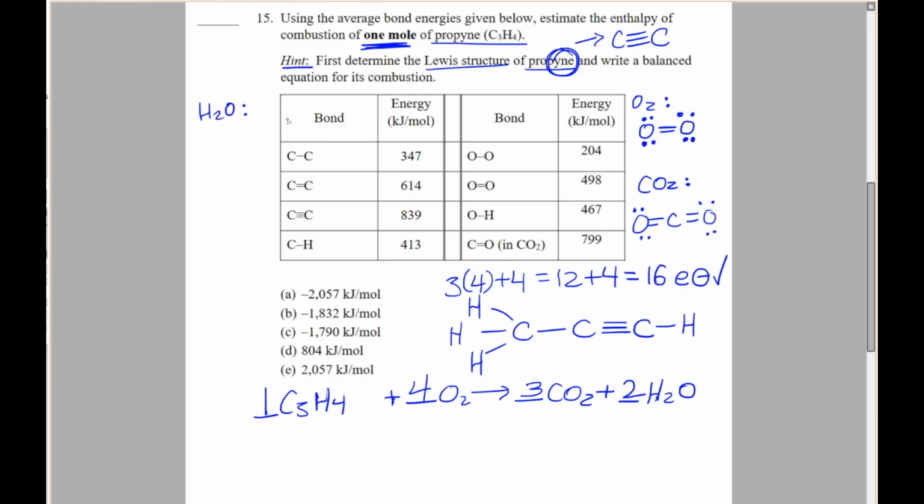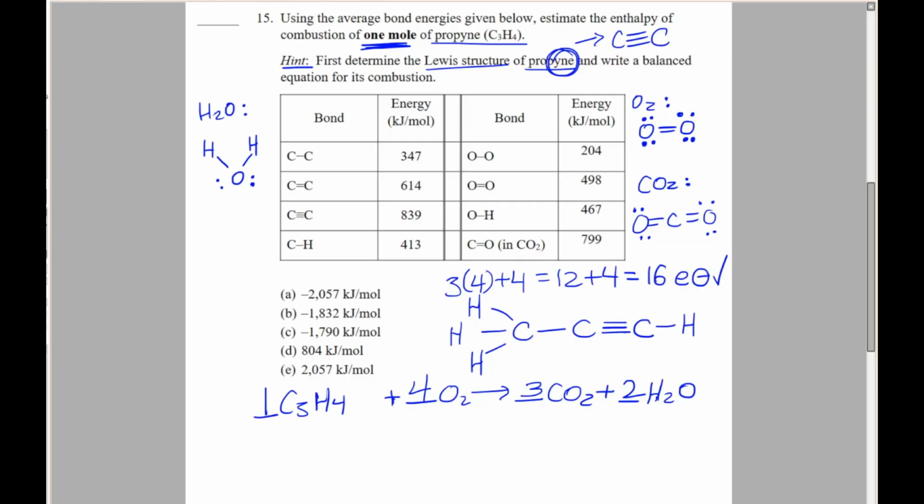H2O, which you should be very familiar with, looks like this. And the reason you need to draw out these Lewis structures is because it helps us determine how many types of each bond there is in this reaction. So if you remember the enthalpy equation, which I think should be given on your formula sheet, but if not,